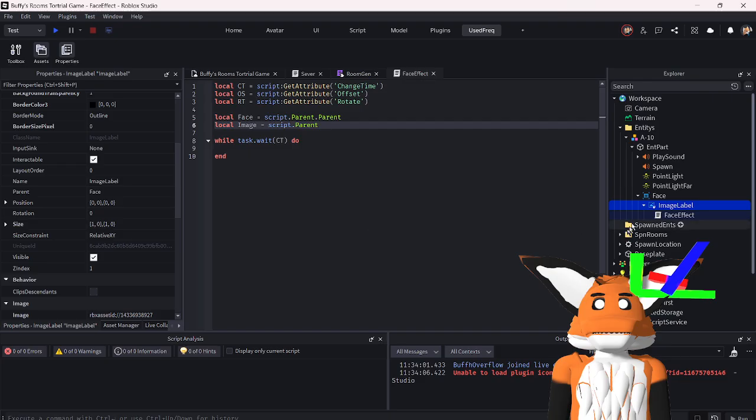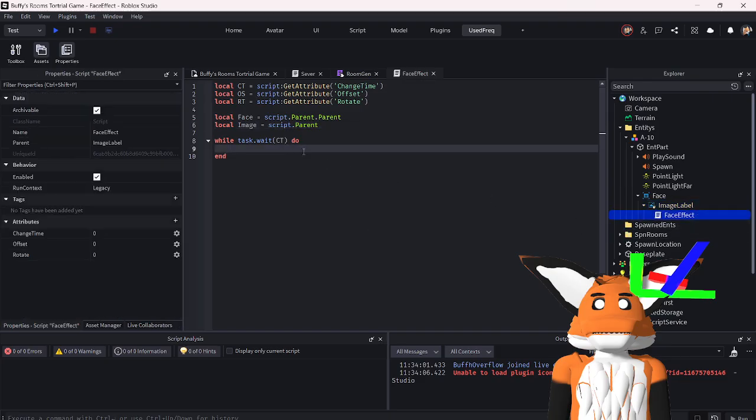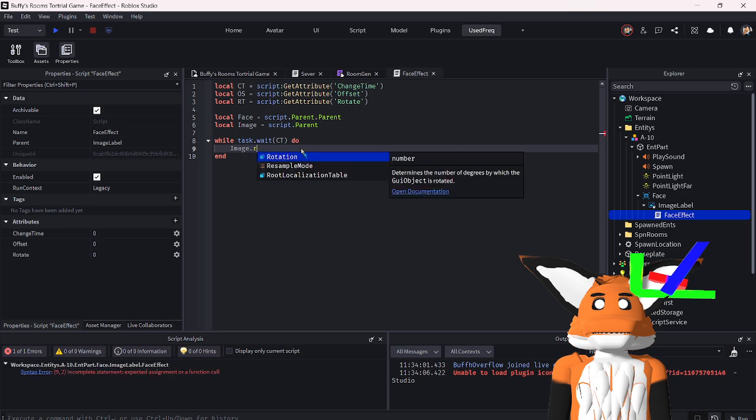Yeah, you have rotate. So image dot rotation equals